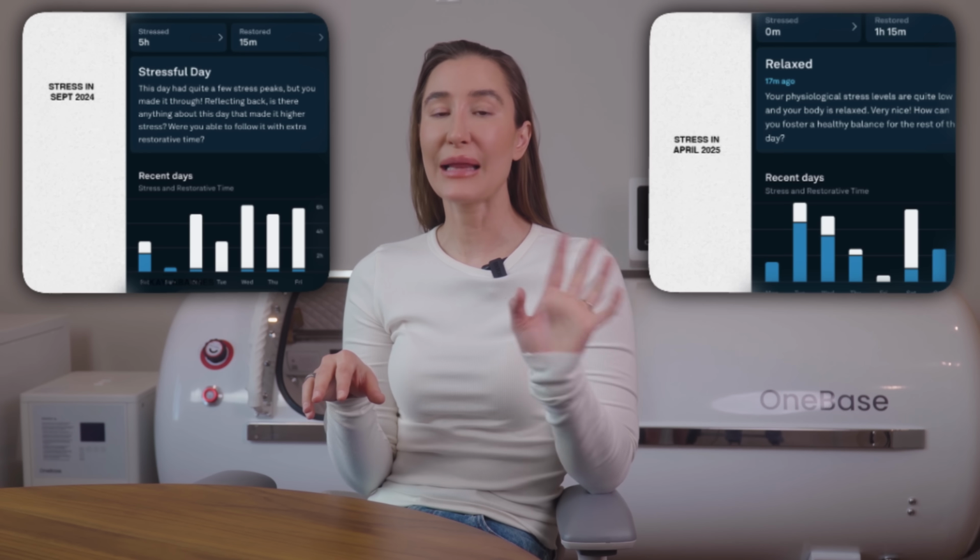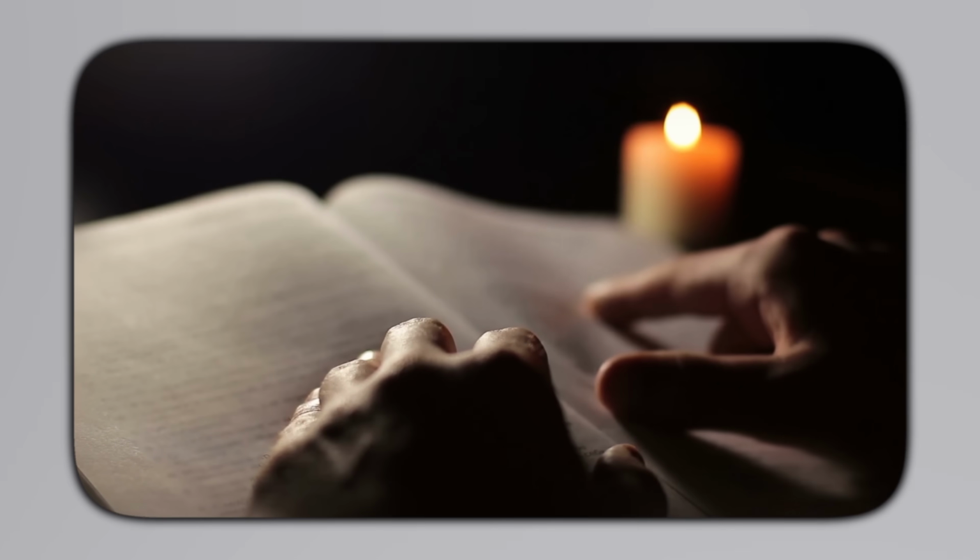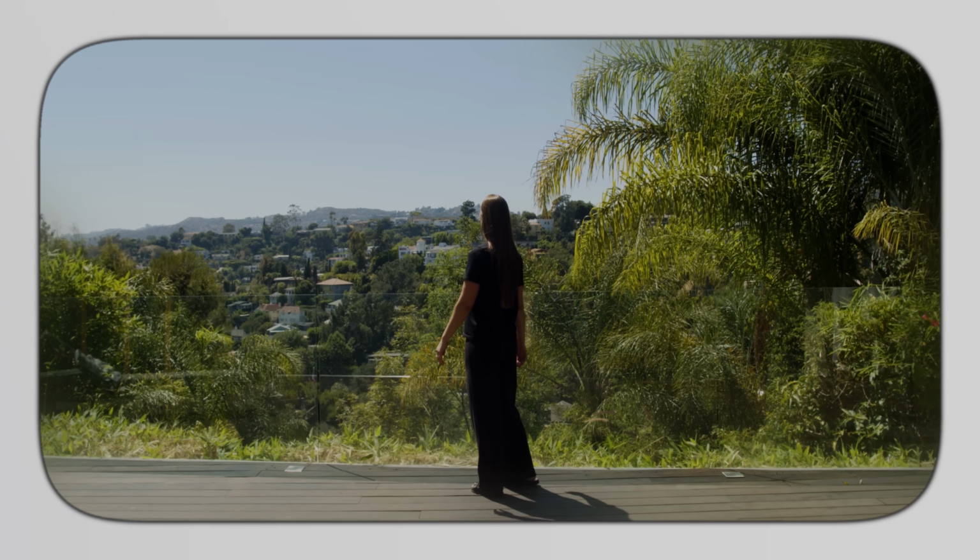I'm going to show you guys a slide of my stress last year versus my stress this year, and we're going to talk about some of the protocols that I've implemented for this. So I now have 4 times per day that I'm implementing a stress management practice. It starts in the morning with reading my Bible, journaling, and taking a walk in nature. That's my first set. My second set comes a little later in the day where I do breath work and